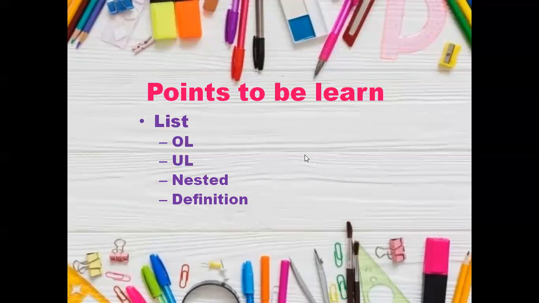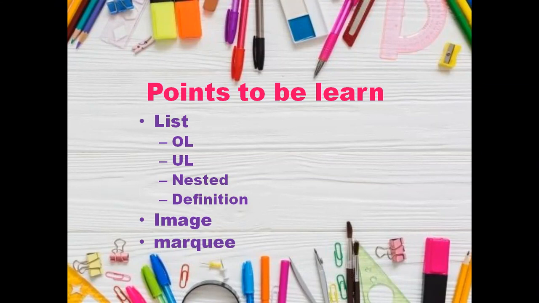Then the next point we are going to cover in this lesson, which will be more interesting for you, is image. So how to get an image on the web page. You will find it very interesting. The next topic we will learn is marquee. This is again one more very interesting topic. With this you can do some attraction, some animation. So definitely you will like all this.